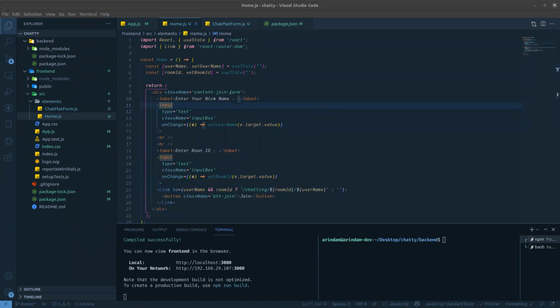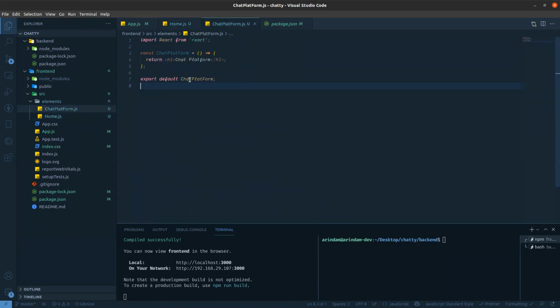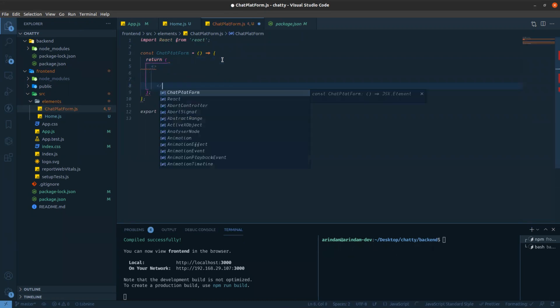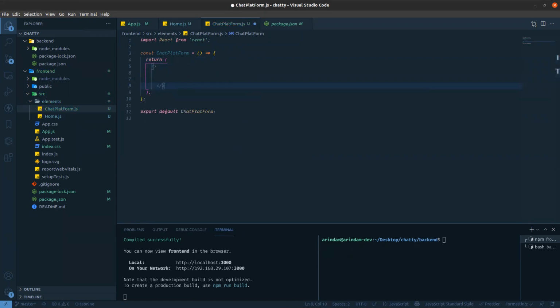Then we need to go to the chat platform. Now we have to design the chat platform. So in this chat platform, what we need, okay, let's start. I'm creating one fragment over there. Okay, fragment is not there. Creating one section.